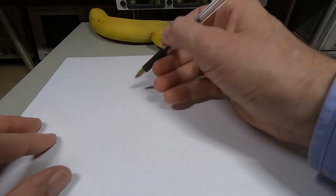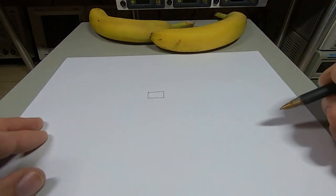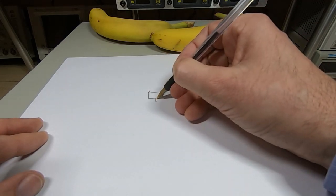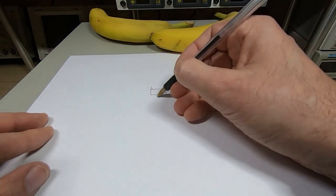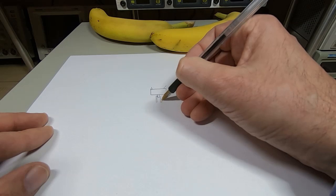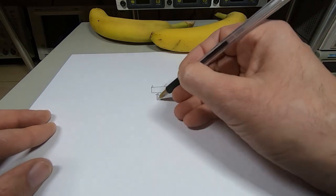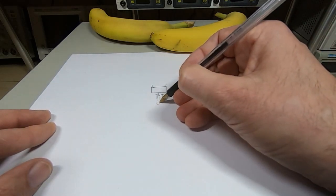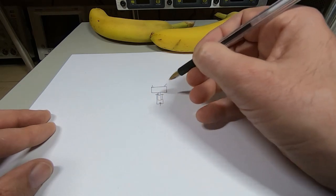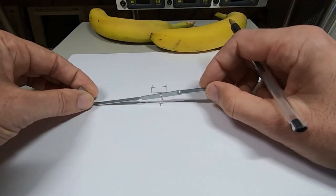So all I've got, again, side on, is a cheap motor. These are the sorts of motors you get in Christmas decorations, this sort of thing. This is a 6-volt motor. It's got a 2mm diameter shaft. So I made up an extension, which was just a piece of brass that I machined. A couple of grub screws at the top hold it to the motor shaft, and then the bottom part was closed, so I didn't drill all the way through. And then I tapped this M2 and used an M2 screw